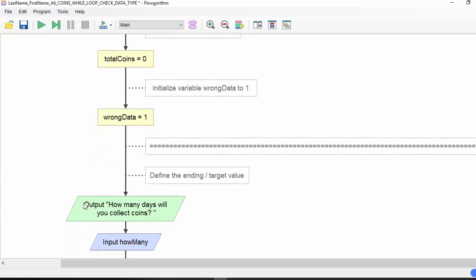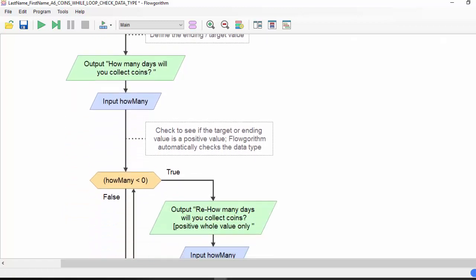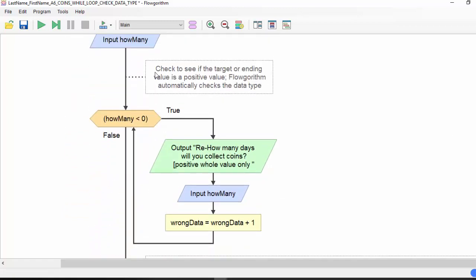Where should we place this? As soon as we enter how many days will you collect the coins, how many is the variable that we use, we're going to check to see if the target or the ending value is a positive value. Flowgorithm automatically checks the data type, so we don't have to do that. So in the while loop, I'm going to say, while how many is less than 0, re-enter the value. Just keep going through the loop and re-entering it until it